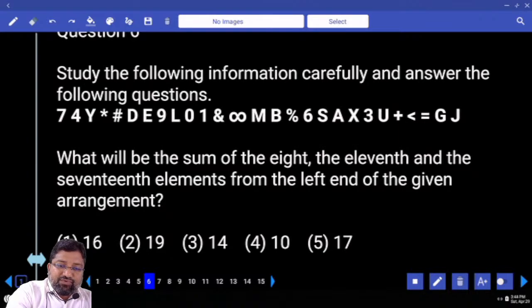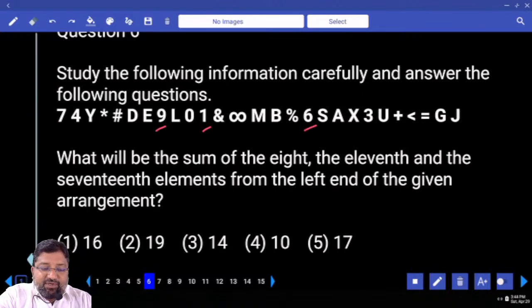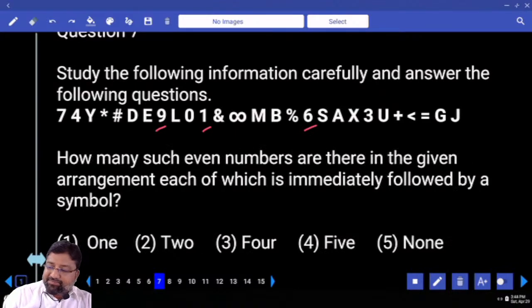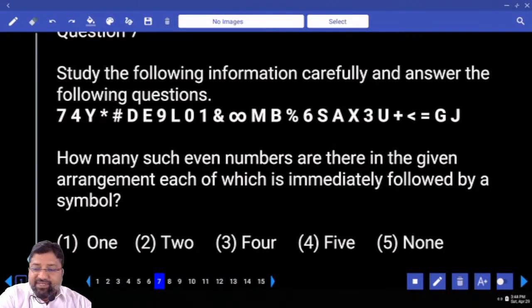1, 2, 3, 4, 5, 6, 7, 8 is 9. 8. Next. Ma 11 and 1 and 17. 17 at 12, 13, 14, 15, 16, 17, 6. From the left end of the given arrangement. What's the answer? 16. How many such even numbers are there in the given arrangement, each of which is immediately